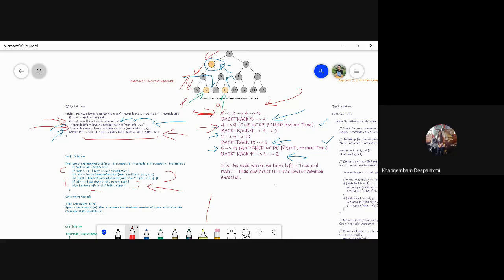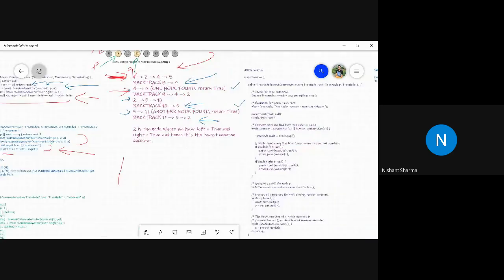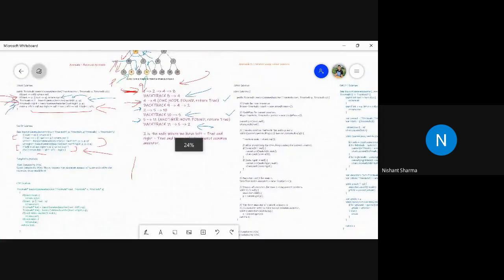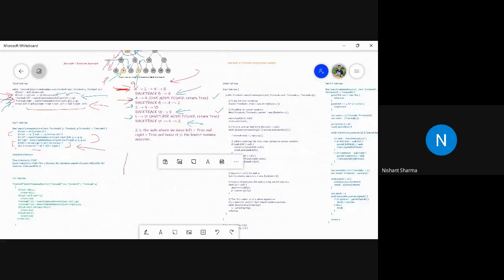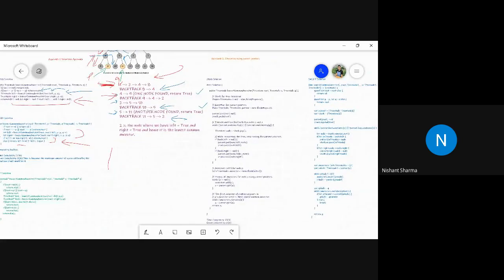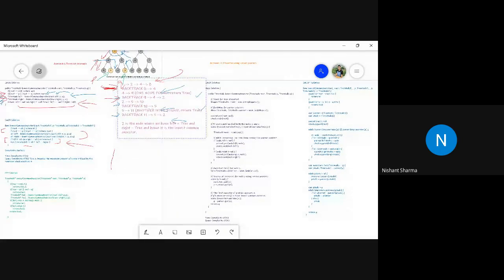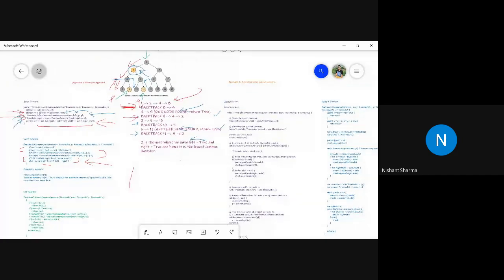Okay, so let's see the iterative solution also, because I know it's a little bit hard to understand the idea behind the recursion. That's why I try to come up with the iterative solution also. So in the iterative solution, what we will do is we will try to store the parent pointer.